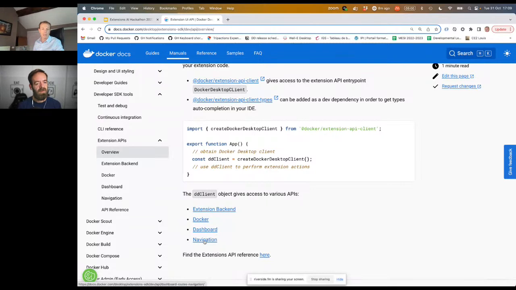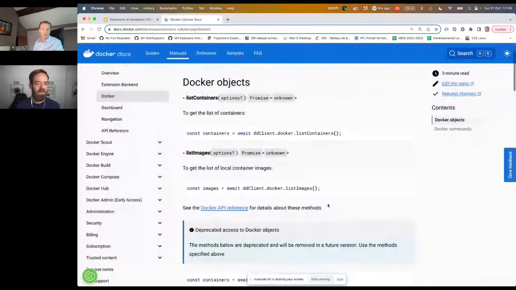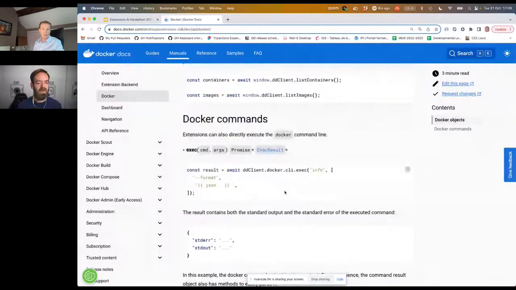In the documentation, you can go into some details, and you can list the containers, list the images, or exec some Docker CLI command. All of this is part of the SDK that is provided to create extensions.